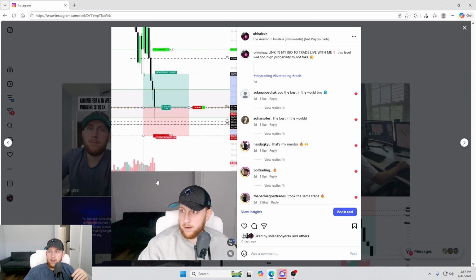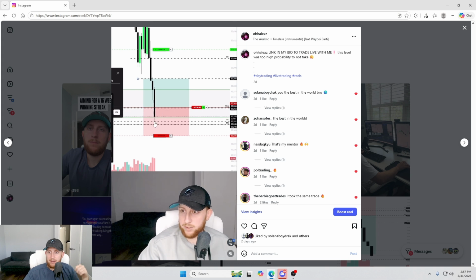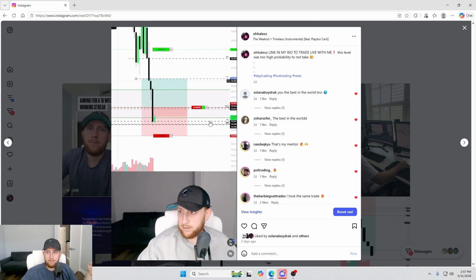So you can see we literally tapped into that level, right? Now we just wicked lower. Now we're at those demand levels I was talking about. Remember, I said if it wasn't for those, we probably would have just kept pushing lower and lower. Now look at this bullish momentum coming off those demand levels, right? So our entry was up here off the M15, but remember, multiple levels, multiple time frames of confluence is key